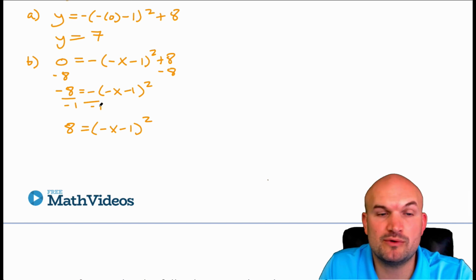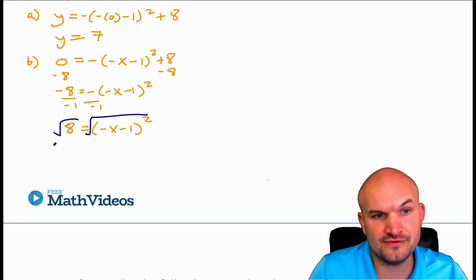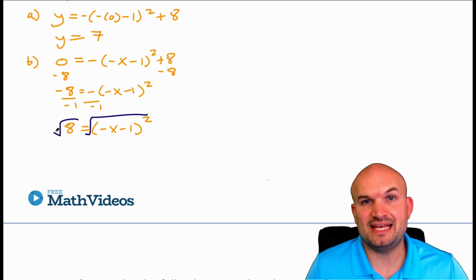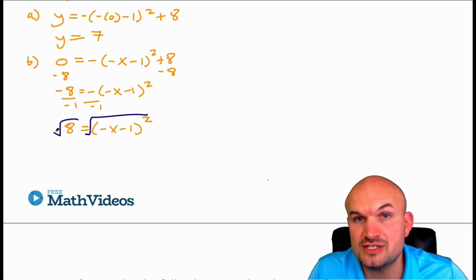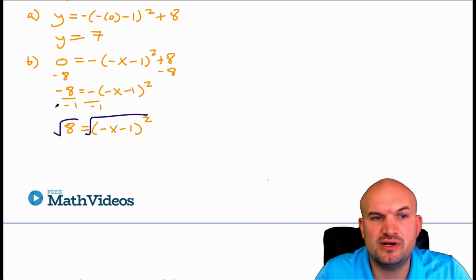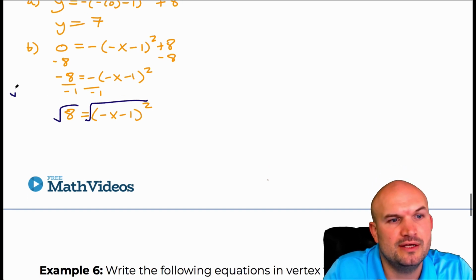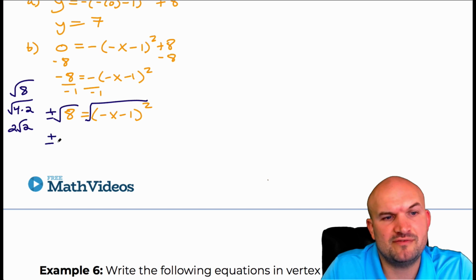Now I can use the square root method to take the square root of both sides. And again, we have to use the positive and negative. Remember, you can only take the square root, or the even root, of a positive number. So if we had a negative, then we would have no real x-intercept or no zeros. That's important just to clarify. But in this case, we can take the square root of 8, and just a little sidebar here: the square root of 8 can be broken down into the square root of 4 times 2, which is 2 square root of 2. We always want to simplify things whenever we can. So therefore, I have plus or minus 2 square root of 2